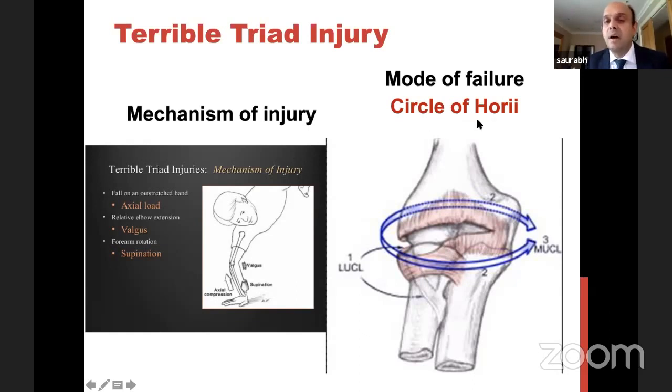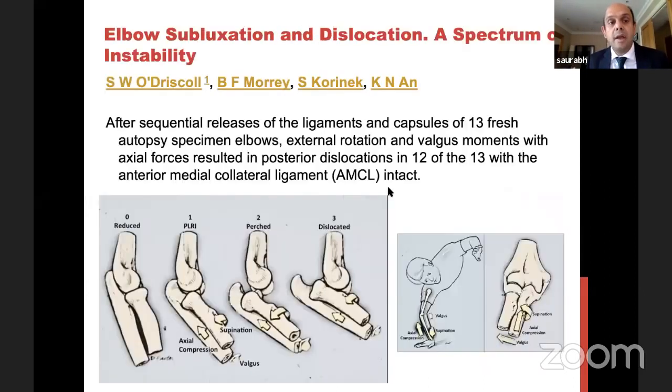This is sometimes asked in the exams. So the injury starts on the lateral side, then goes back in front, and then the MCL goes. And this is the reason in some elbow dislocations, the MCL may be intact. But for purpose of discussion today, we'll assume both ligaments have gone, just to simplify in our heads. And then Sean O'Driscoll, there you go.